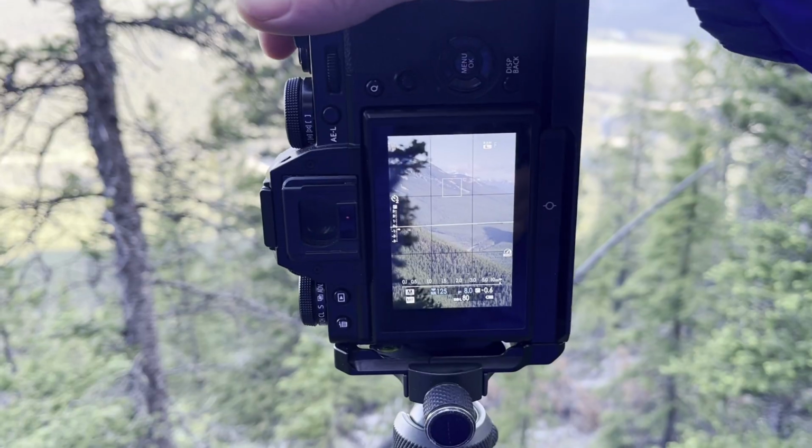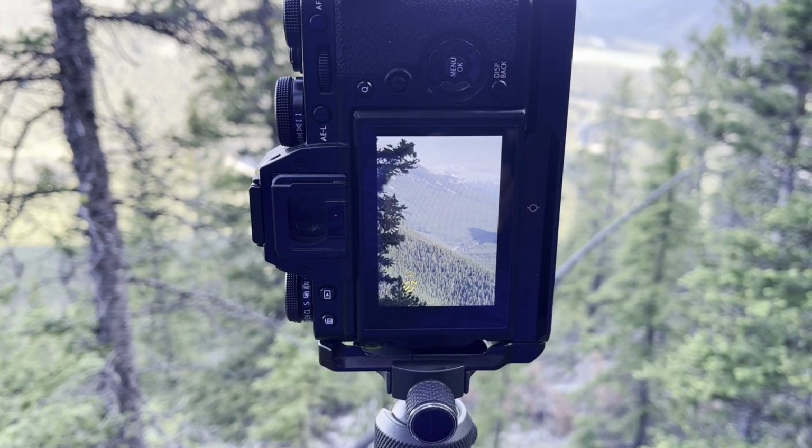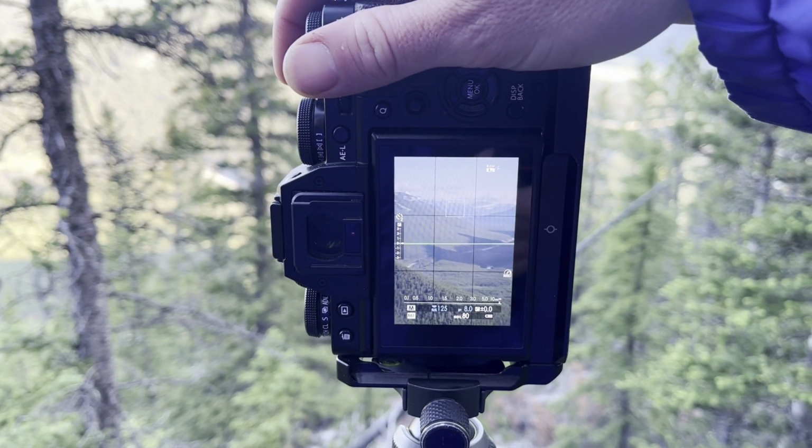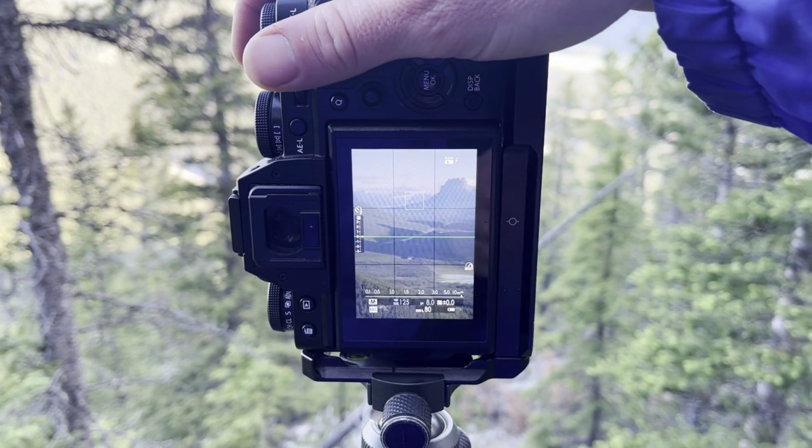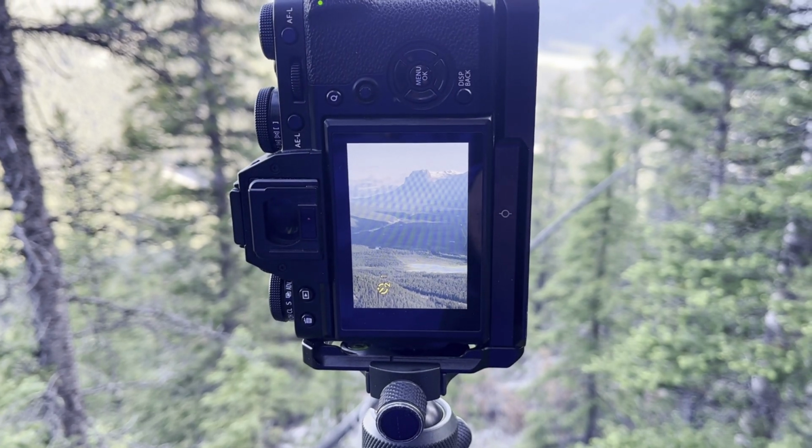That's the first thing. Second thing, you want to take your exposure settings and your focus settings off auto. You want to have manual for this stuff. Don't want the exposure and the white balance settings to be all over the place, automatically adjusting every time you make a frame, because each frame as you're panning across the landscape is going to be slightly different. There's going to be a different numerical value coming into the aperture of the camera. So you're just going to want to focus on either infinity or whatever subject you're focusing on. For me, it's the mountains in the background, which is basically infinity, but not quite. So set your stuff to manual, and then